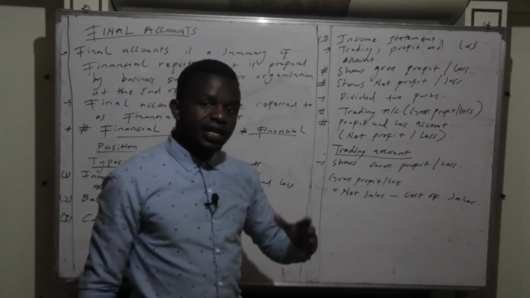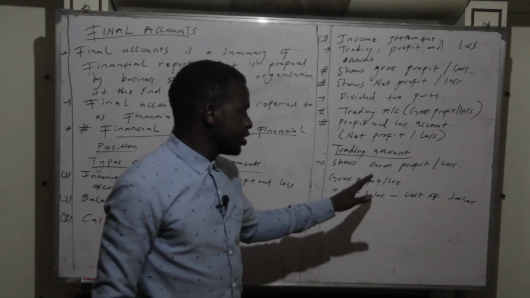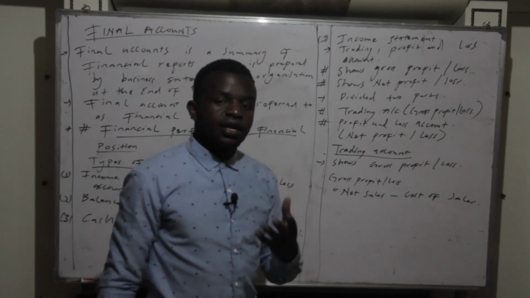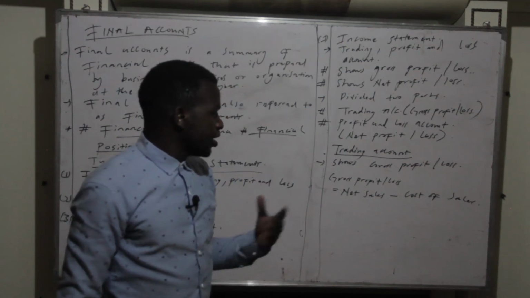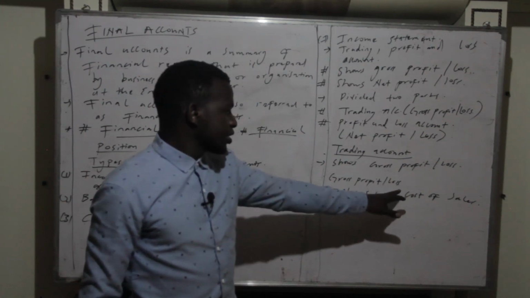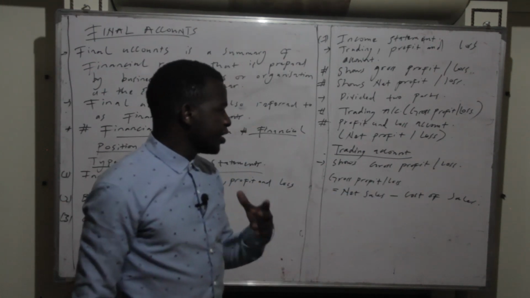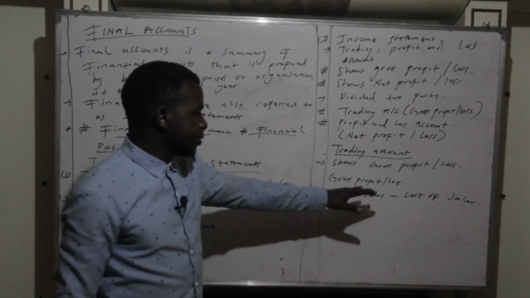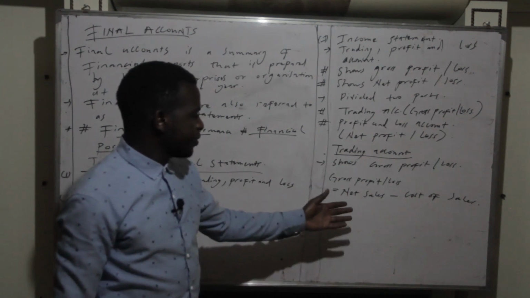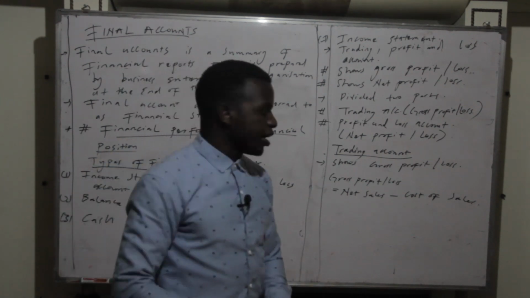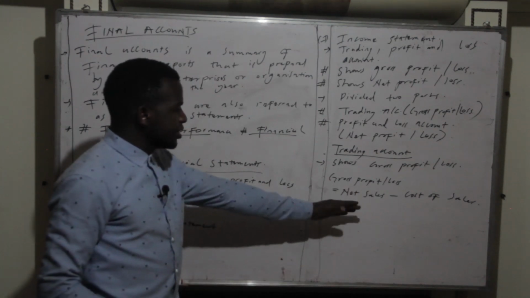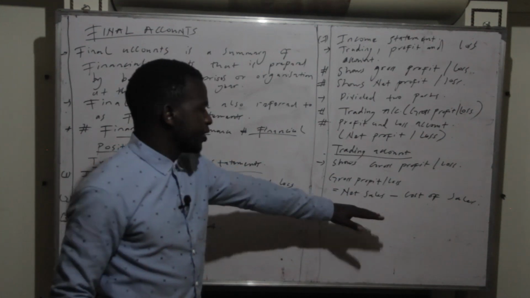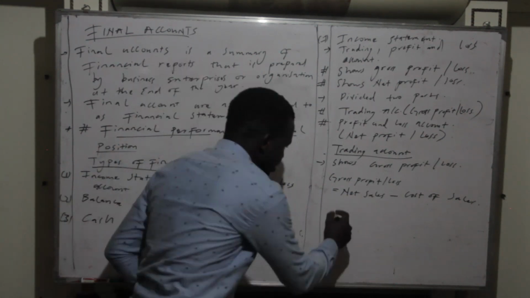In other words, we can say that the gross profit is found when the selling price is greater than the cost of goods sold, or we can also say that the gross loss is found when the cost of goods sold is greater than the selling price. So those are some of the information that you need to take into consideration. Since we have written down our first formula, we have to break it down. So we are going to start with net sales.